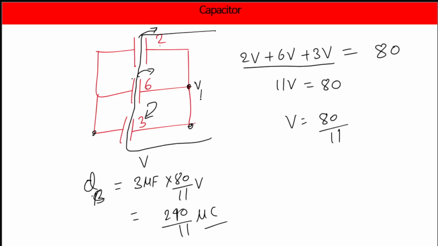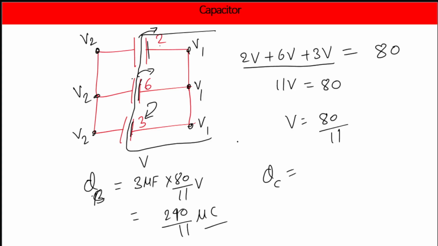But when these three are in parallel, this point has the same potential. Let's say this has a potential of V1. This also has a potential of V1. This also has a potential of V1. And let's say this is potential V2. So this will also be V2. This will also be V2. So definitely either this V2 will be positive or this V1 will be positive. So in this case, all these three plates are going to have the same nature of charge. That is what I want to say. Then redistribution of charge will occur such that all these 3 points will share the same potential, and that makes sure that all these three plates are having the same nature of charges, as you can see from the potential difference thing. Okay, so on B this will be the charge.